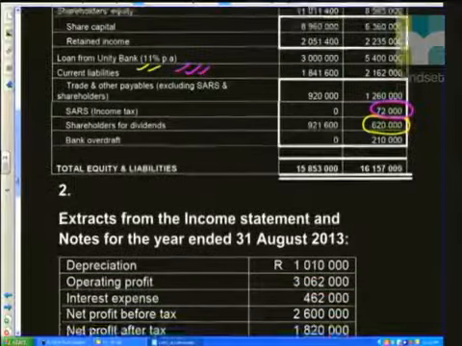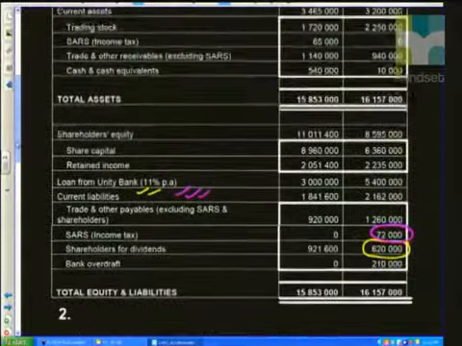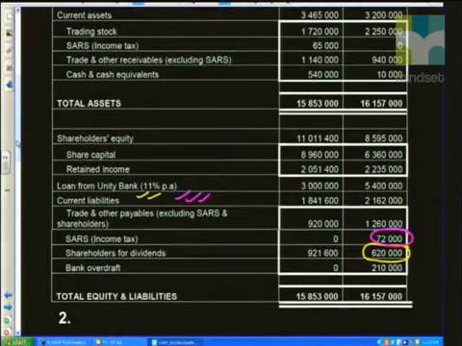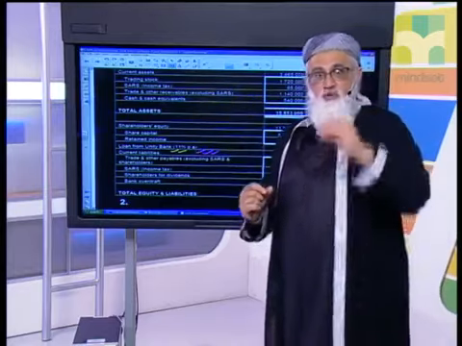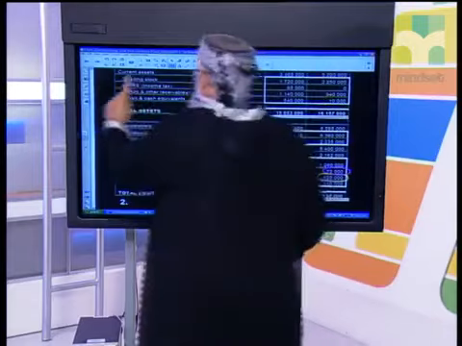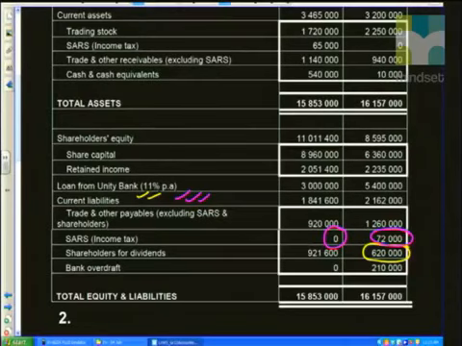Go into my balance sheet once again, and notice now that something has changed. What has changed? My SARS income tax, at the end of the year, if I look at my liability section, I see it's 0. That means it is not a liability at the end of the year. So if it's not a liability, I go somewhere else and look for it. Where do I look for it? Under my current assets, voila, SARS income tax. How much? 65,000.